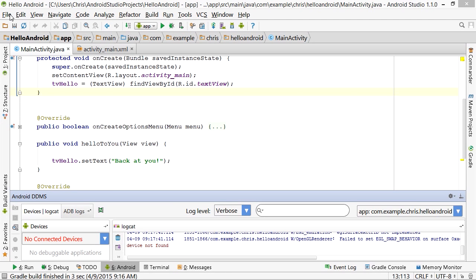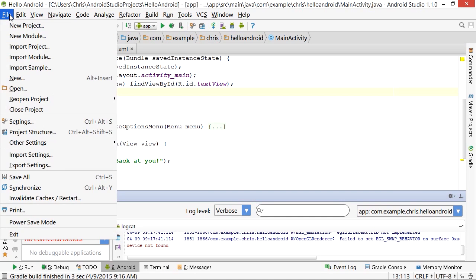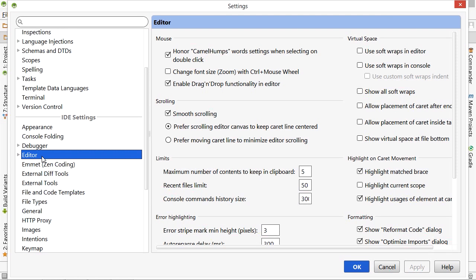In this chapter, we've been covering Android Studio configuration settings. In this section, we'll be covering the editor. To adjust the editor settings, select File, Settings, then Editor, and off to the right you can see a number of choices. Now, this is a tremendous area to work with because it completely controls how we work within our